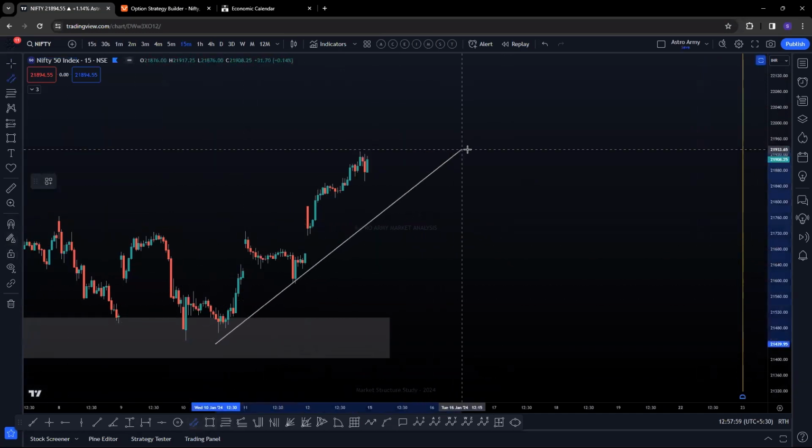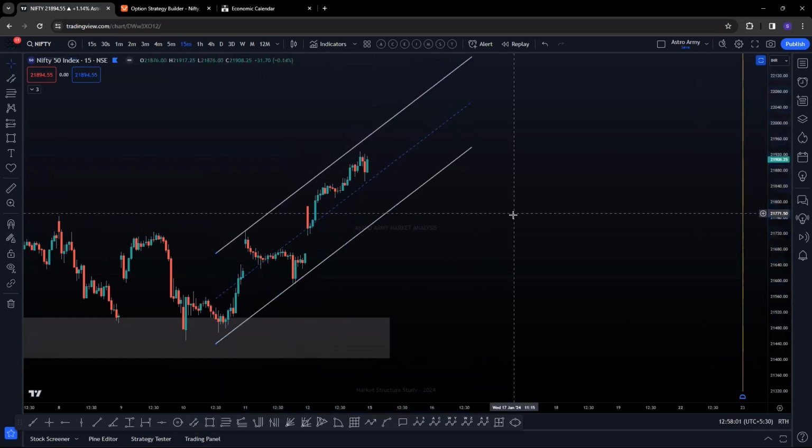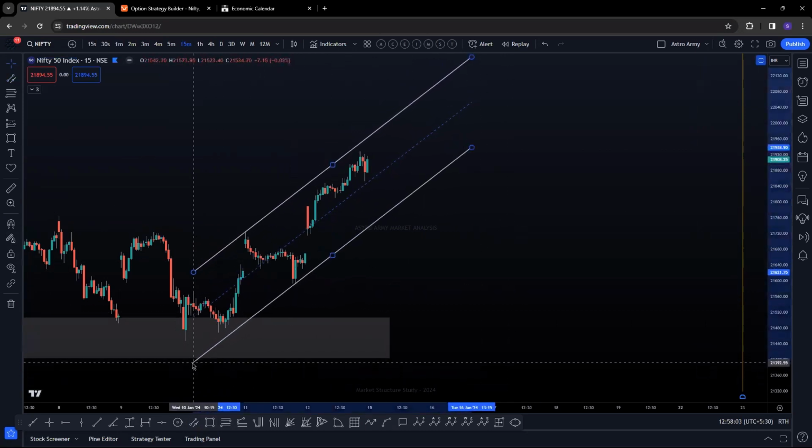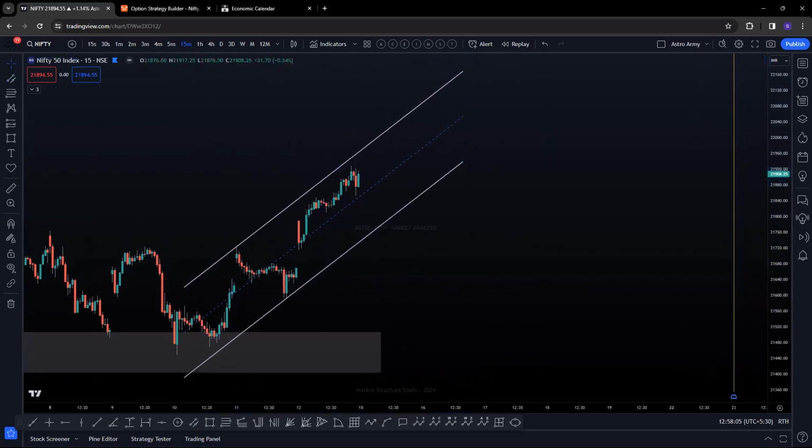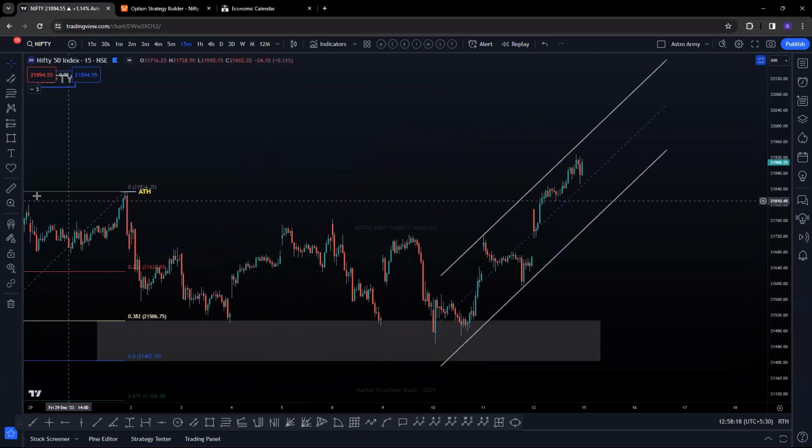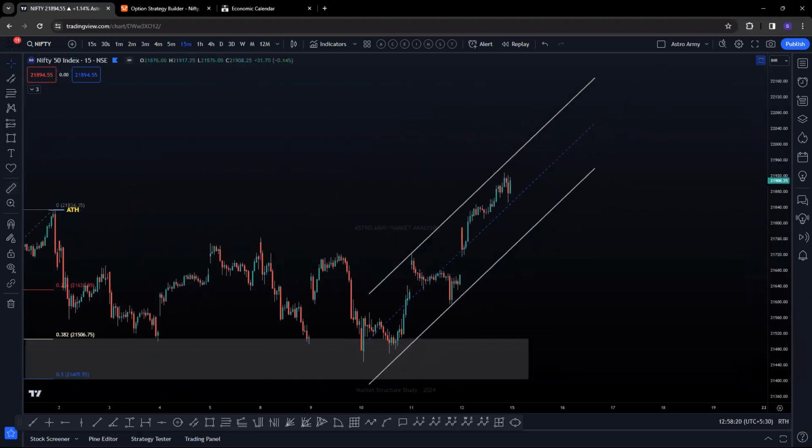Okay. So as per our structure, the last update I gave you on Friday evening was your channel line. Those who have seen the YouTube course already know this, right? As long as this middle channel line is sustaining on the upside, this is nothing but your wave 3. As long as your wave 3 is in play, you never short the market, or else you will get wiped out of this account.